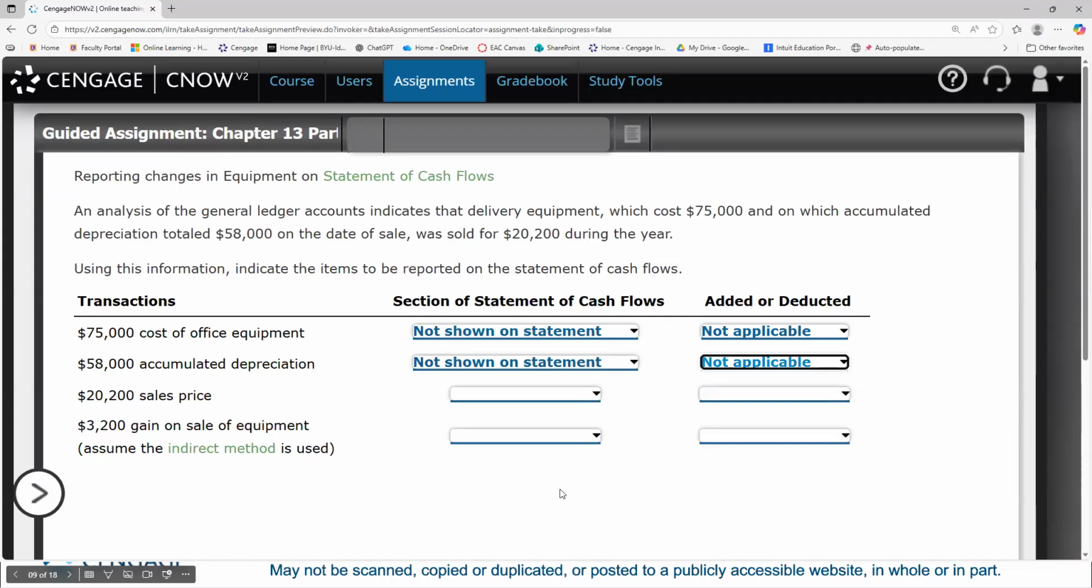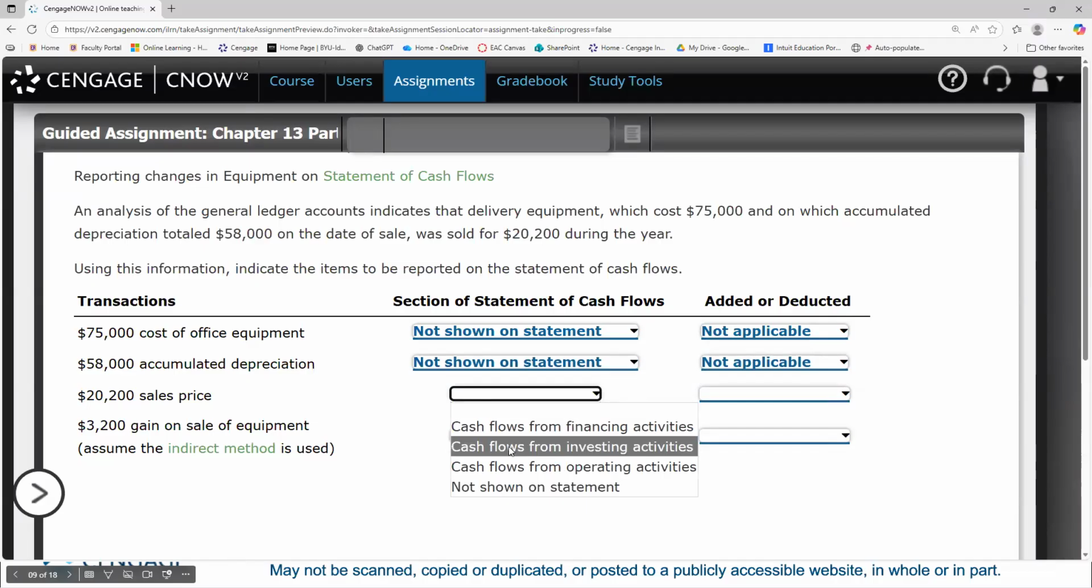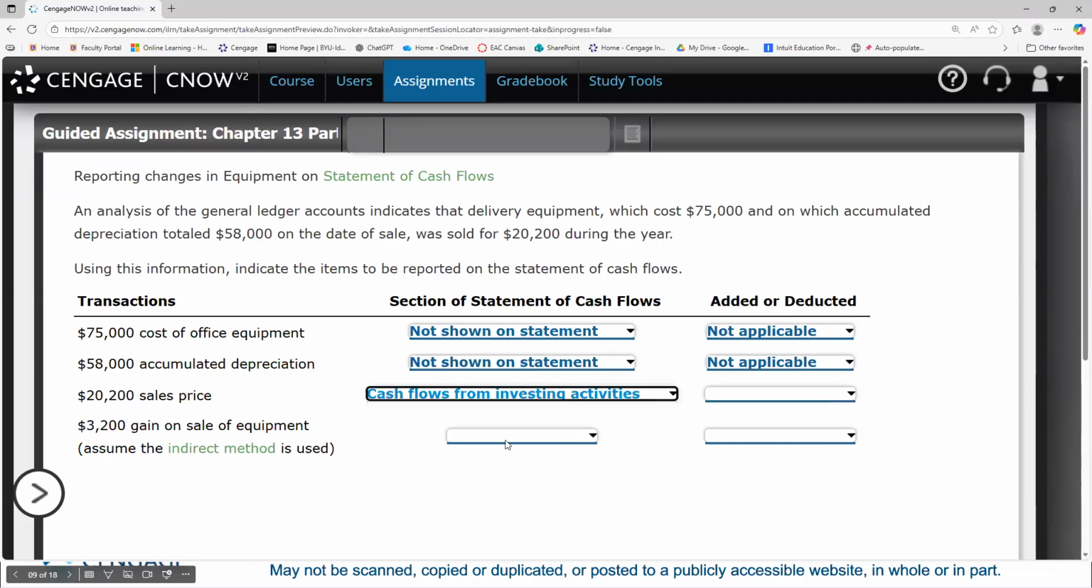How about the $20,200 sales price? Yes, right? We're getting that cash. So this is going to be in the cash flows from investing activities section. Because the purchase of equipment, long-term assets, we do it under investing because it's not part... What's the best way to say it? We know that we use equipment in the day-to-day operating of the business. That's why it's confusing, right? But anything that's going to impact a long period of time, we consider that an investment as opposed to